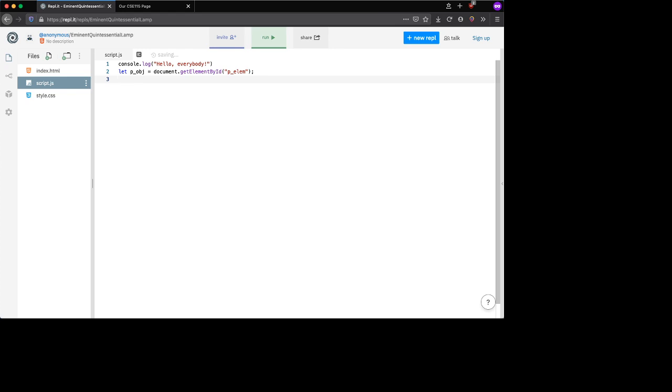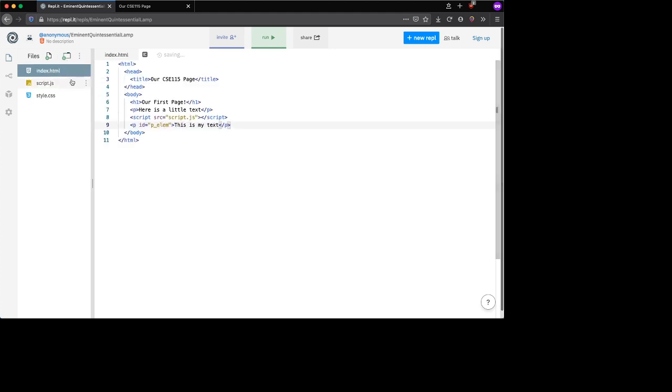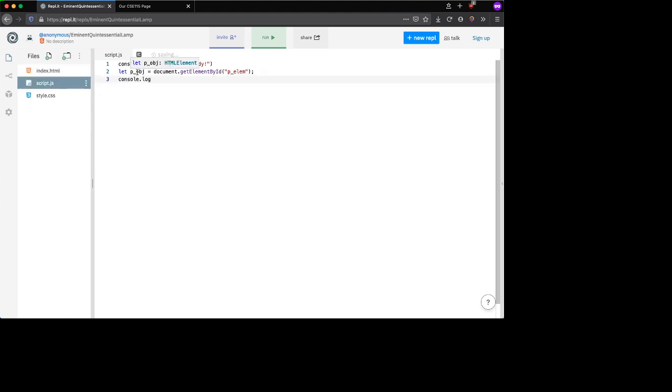And there are a couple things that we can do. If we want to work with it, what that's going to do is get whatever has the ID PElem as an object in JavaScript. And now we can work with that. And there are different things that we can do. So one thing that we can do